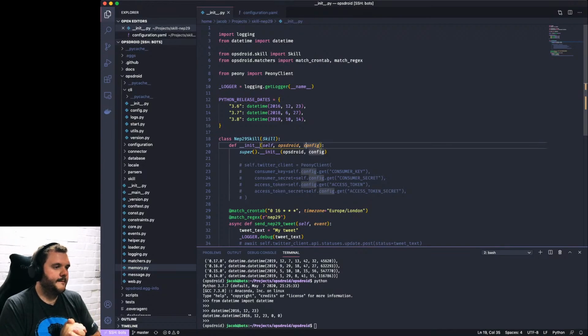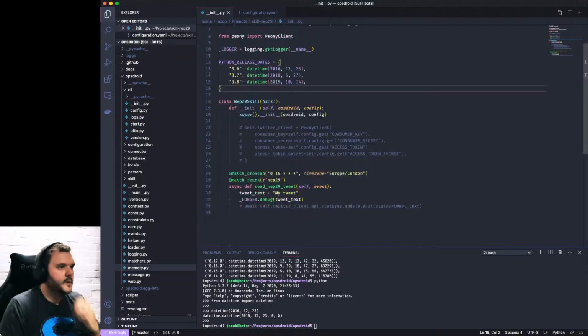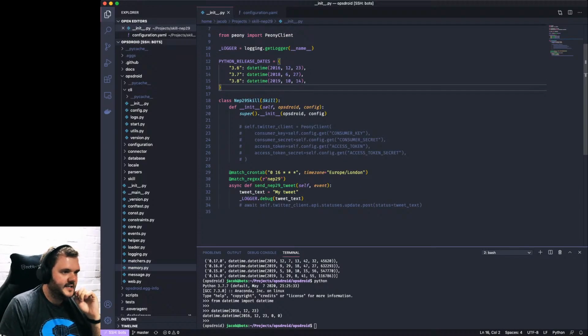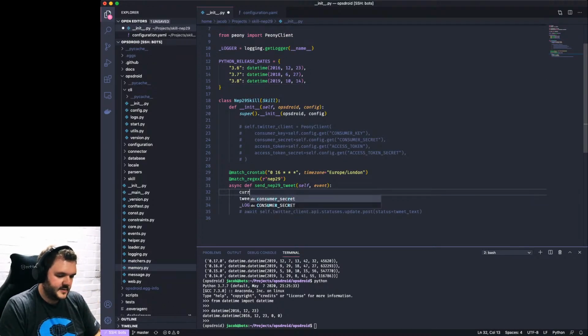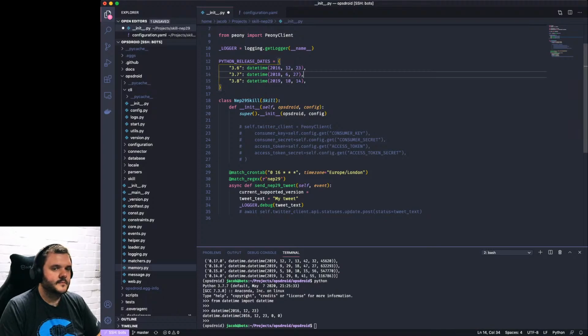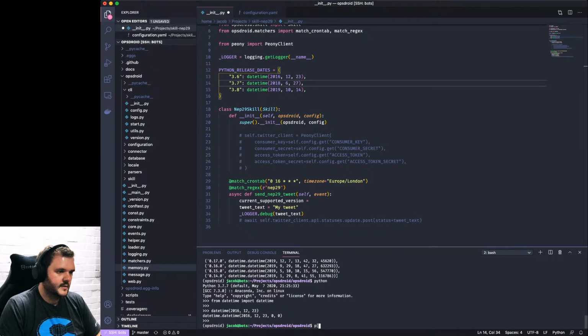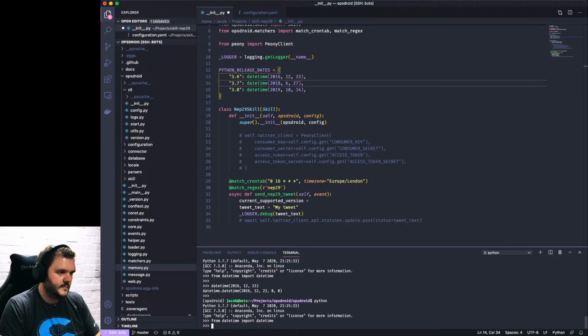Okay. So I'm going to say something like current supported version equals, and then I want this number where this number is less than now.